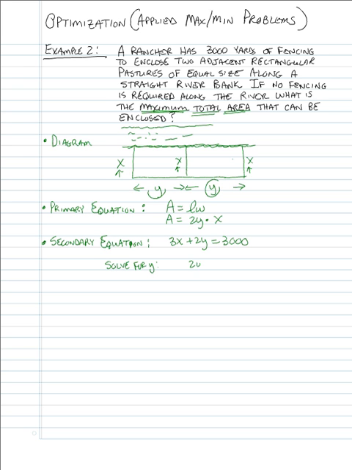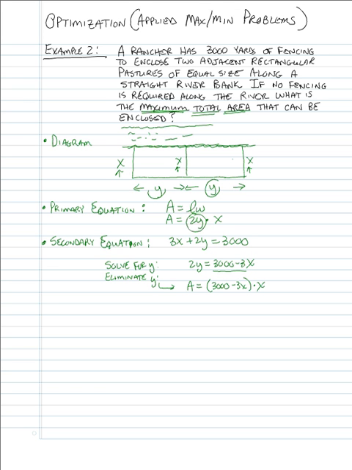And so I would subtract 3X on both sides. Next I would probably multiply through by 1/2 or divide both sides by 2. I'm noticing right here that really what I could replace is a 2Y, couldn't I? And I already have the value of 2Y right here: it's 3,000 minus 3X. And so now the next step is to eliminate, and in this case, what am I eliminating? I've decided when I solve for Y, I'm going to eliminate Y from the primary equation. So I'm going to rewrite it as A is equal to, instead of 2Y, 3,000 minus 3X times the X